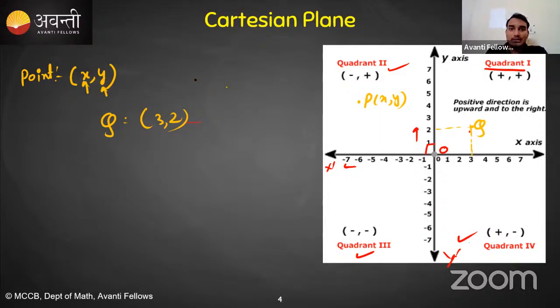Further, in coordinate geometry, we will be using the Cartesian plane only. There are other planes also. If somebody has already covered complex numbers in their school, then they know about the Argand plane also. But we have not covered that yet. When I teach you the complex number system, I will tell you about another kind of plane, known as the Argand plane. But in today's class, we will focus only on